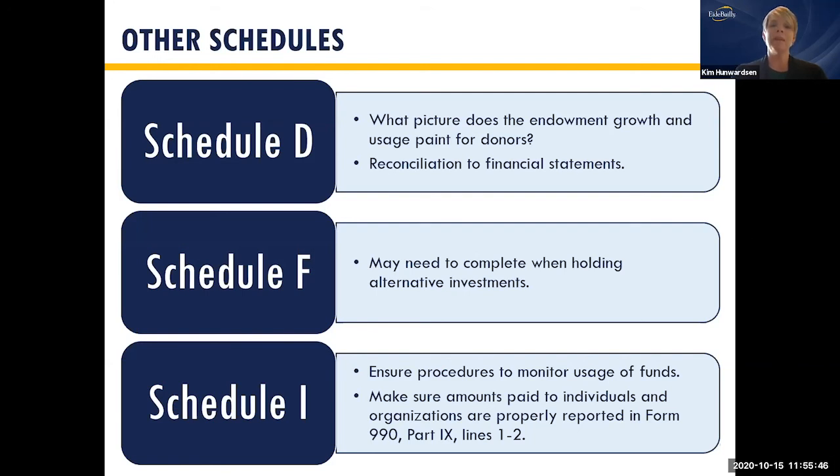And then sometimes we'll see that when you read what the organization does, it talks about grants to individuals, it talks about grants to other organizations, but then we don't see a Schedule I, or we don't see grants to individuals or organizations actually listed on lines 1 and 2 of the statement of functional expenses. Instead they get buried down in other expenses. So think about your organization. If you are making grants, those really should be properly disclosed, and this schedule should be completed so it's transparent as to who you're making those grants to and for what purpose.